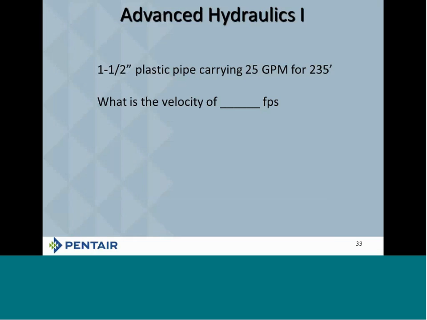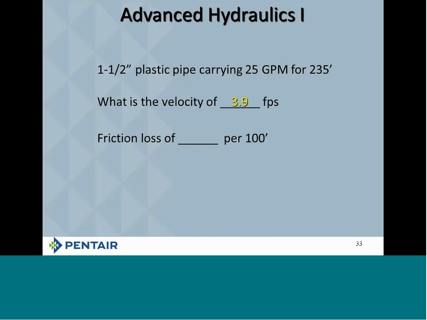Of course, we're assuming here that if we're going to use steel pipe or plastic pipe, it's going to be schedule 40 and schedule 40, so we don't have to worry about it, okay? So the bottom line is, if we would look this up, we would come up with a velocity of 3.9. The next question we're going to ask ourselves is, if you look in the book, what is the friction loss